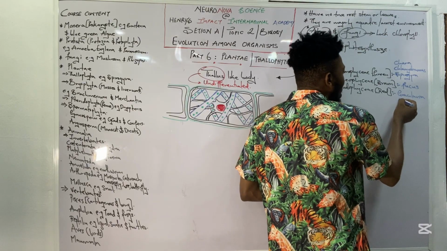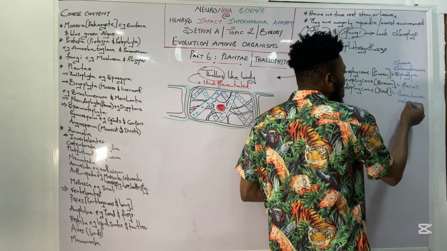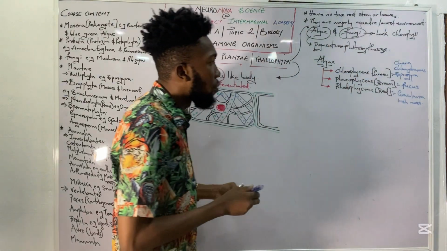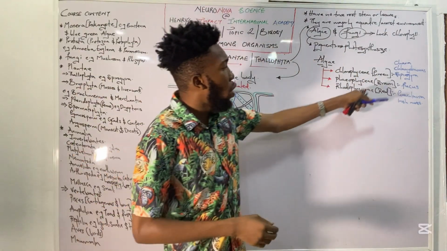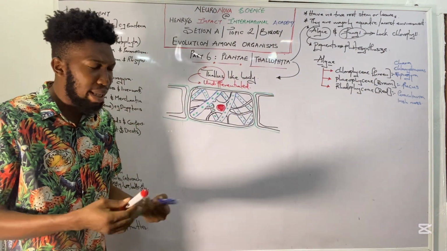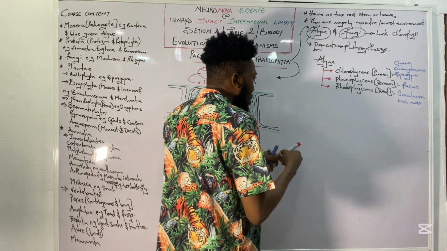So both the Gracilaria and the Irish moss are examples of the Rhodophyceae. That means all these guys here are examples of algae. Are you there now? Other examples of algae that I want you to put in mind: